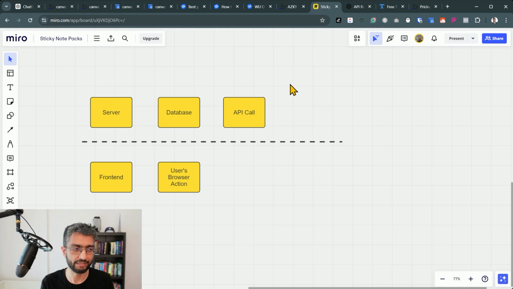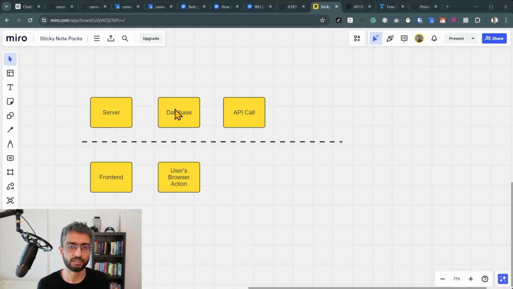Bonus tip number 11. Mindset. Now, to squeeze as much as you need from Bubble, you need to think a little bit more like a software engineer or a developer. Understand the fundamentals of what is going on behind the scenes. There's a server in the cloud doing some things, there's a database, there's API calls, there's a front end, that's the page load, there's the user's browser action. Understanding a little bit about the fundamentals and just thinking and having a perspective of like, I'm gonna test something,